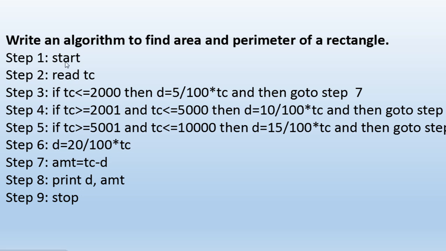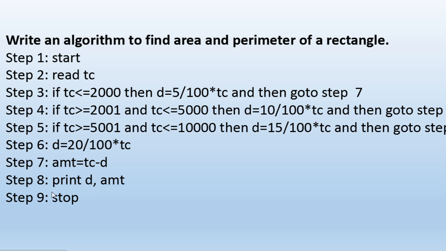Start. You're going to input total cost. Then if total cost is less than equal to 2000, then discount is 5%. And then go to step 7, means here you come, you calculate what amount to be paid to the shopkeeper, that is from total cost minus discount. You will calculate and will store it in amount and print. Then it will come down, it will print D, that is discount, and amount to be paid to the shopkeeper,